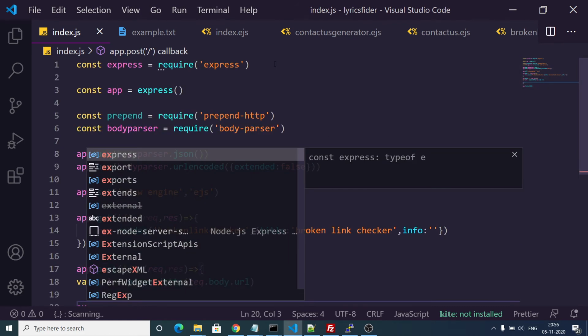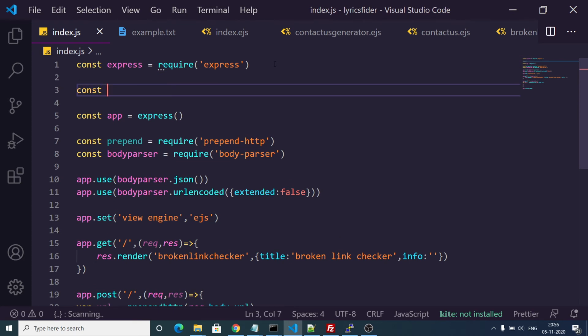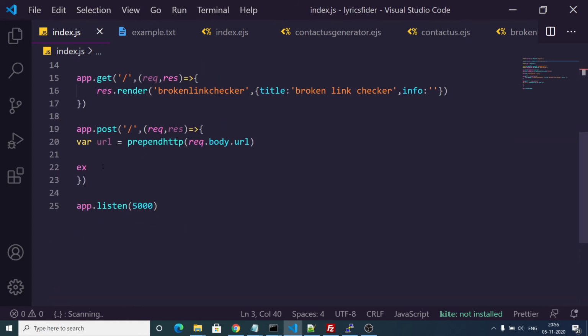And now we will execute a command inside background. To execute a shell command in Node.js, there is a package here which is exec, and this is coming from child process. So you need to require child process. This is a built-in module in Node.js. You need not download this. And now we can use this exec.